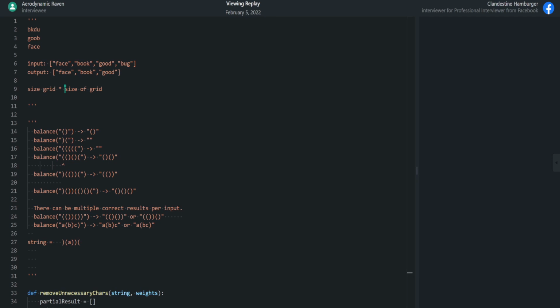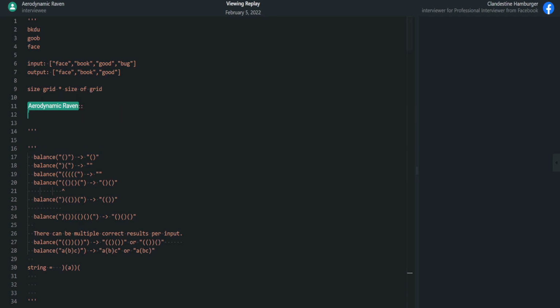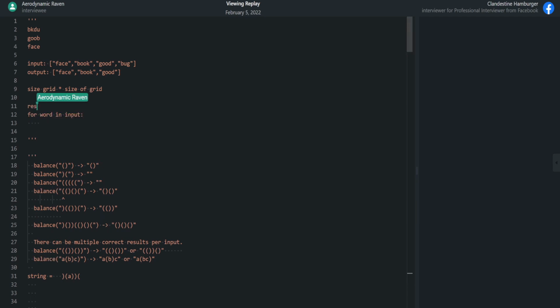There are a few constant time optimizations, like I can check the characters in the grid and see if there are certain impossible results, like maybe the character count in the grid for each of the characters in a given word is less than it needs. So for example, if you had FAZ as a word, we know that we wouldn't need to compute that. But in any case, some of the code might look like for word in input, and we'll have our